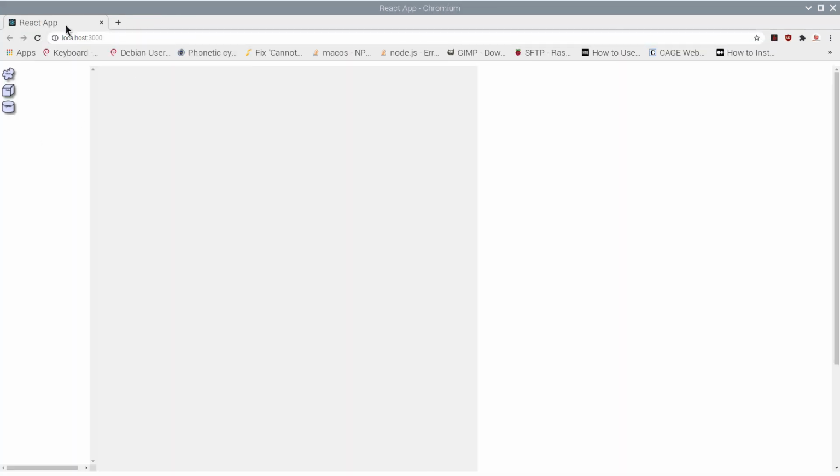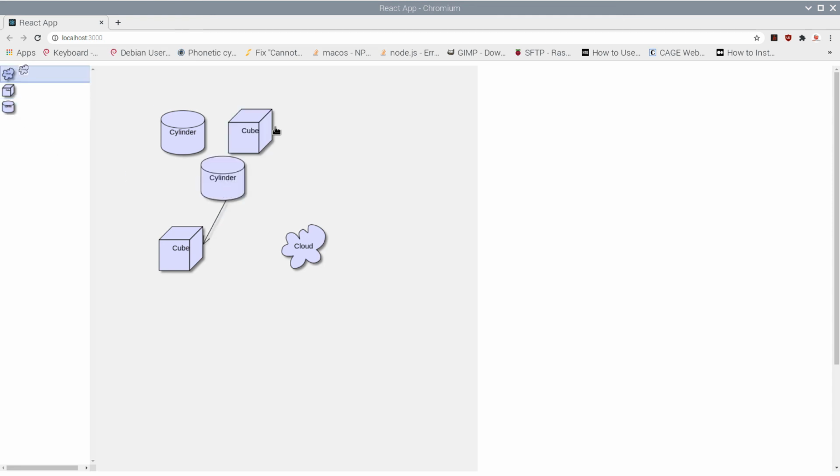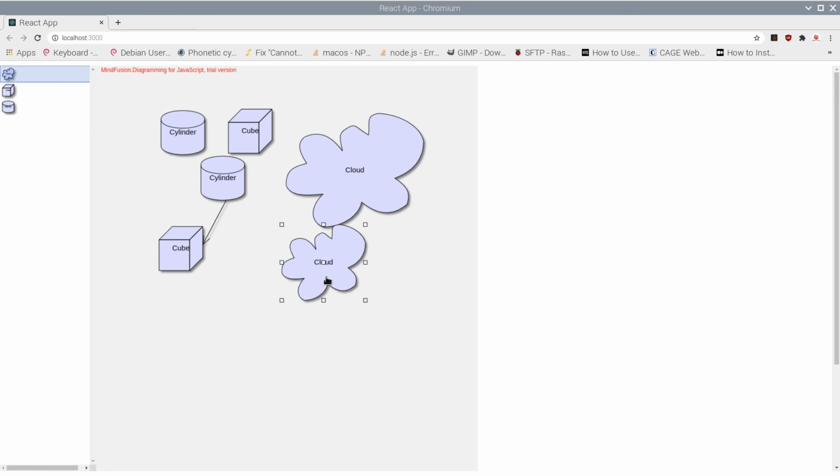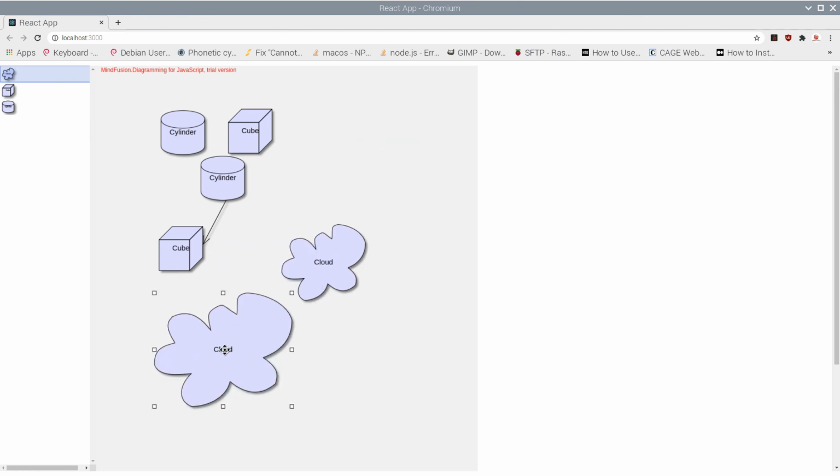Let's refresh the page. Now drag and drop works fine, and we can create any of the items from the node list view. We can resize them, draw links, move them, and so on.